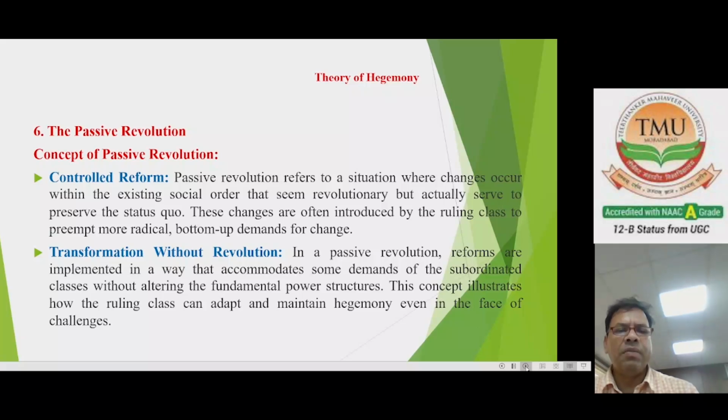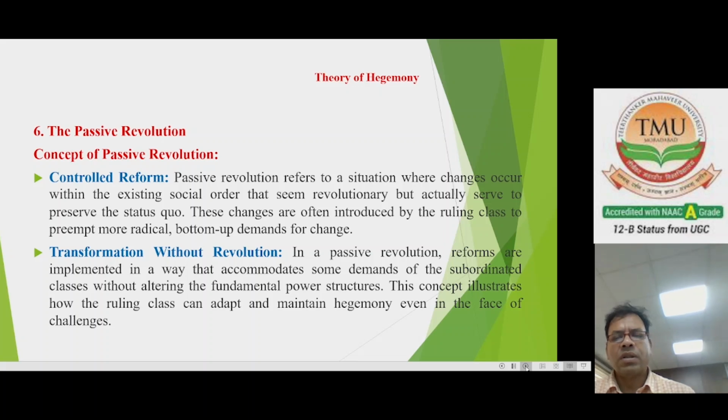That is the concept of passive revolution, or controlled reform. Passive revolutions refer to situations where change occurs within the existing social order that seems revolutionary but actually serves to preserve the status quo. These changes are often introduced by the ruling class to pacify radical, bottom-up demands for change and transformation